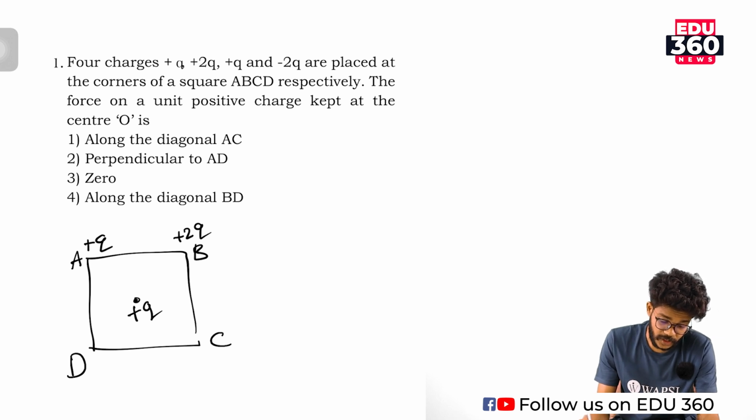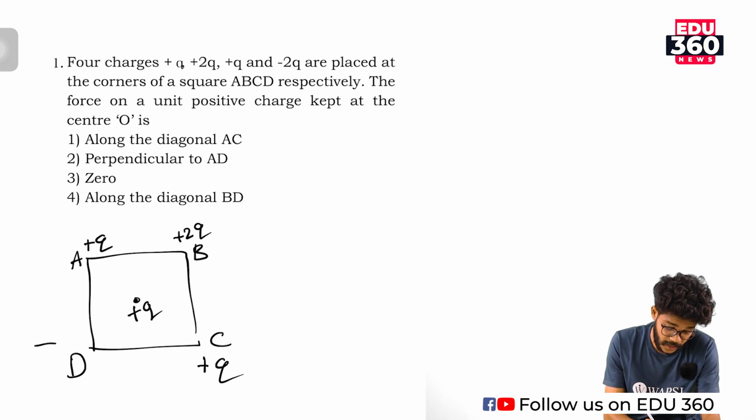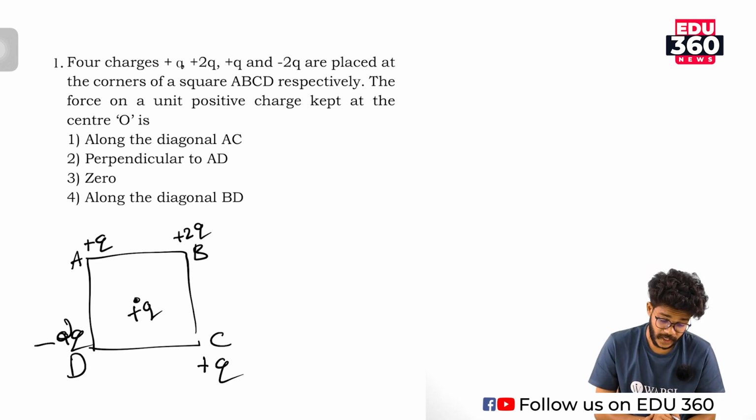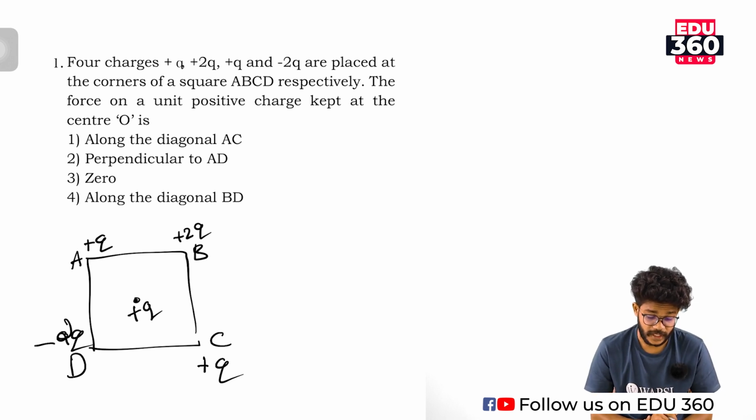At the position of C, that is plus q, and at the position of D, that is minus 2q. And a unit positive charge is placed at the center. The force on a unit positive charge, we want to calculate the force, direction of force from A to